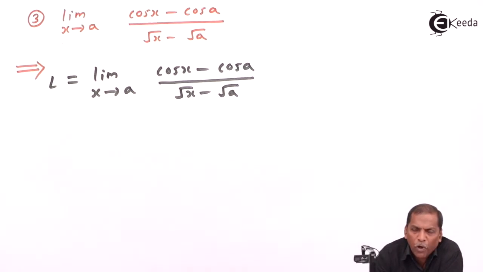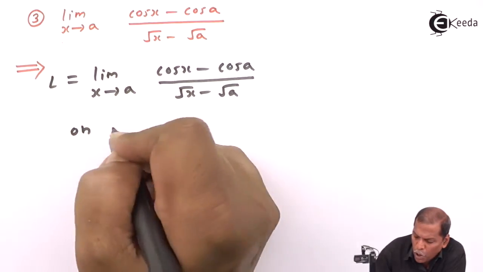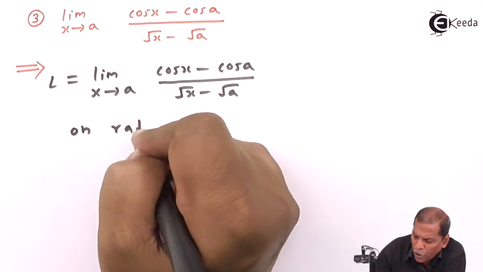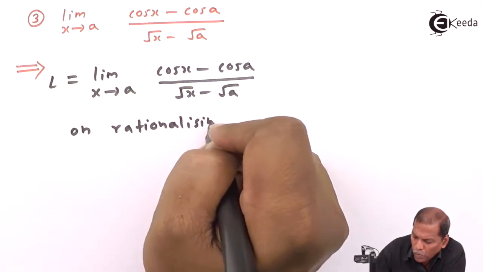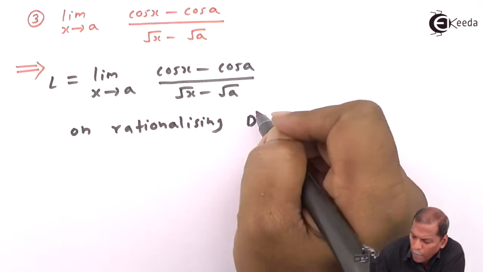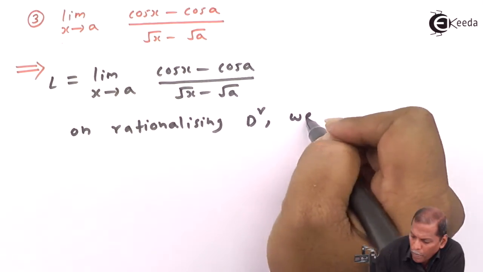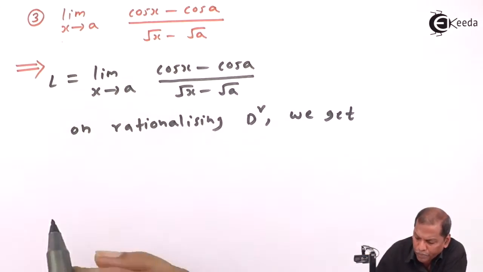It means first of all, we have to rationalize the denominator. So on rationalizing the denominator, we get